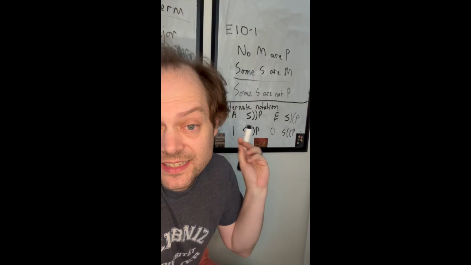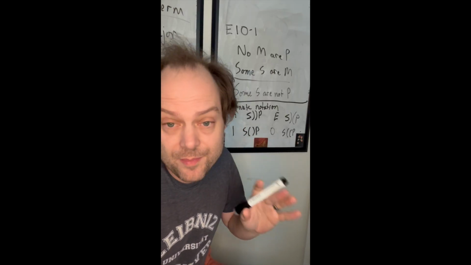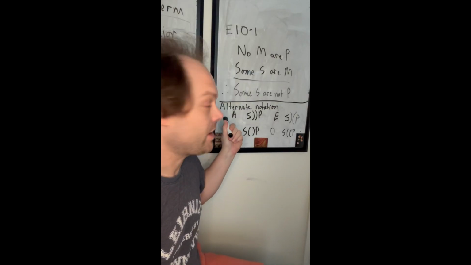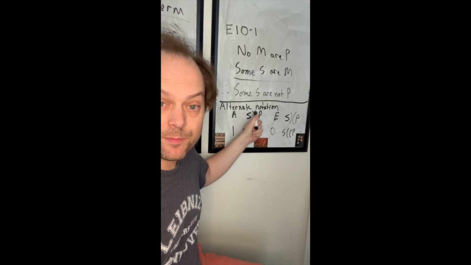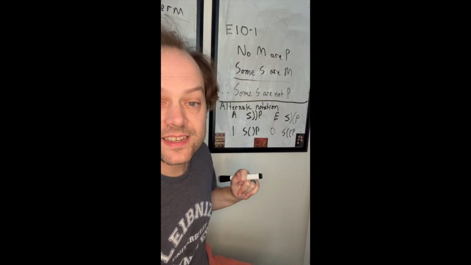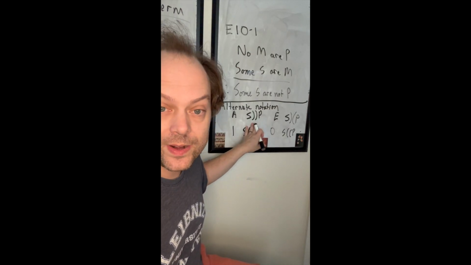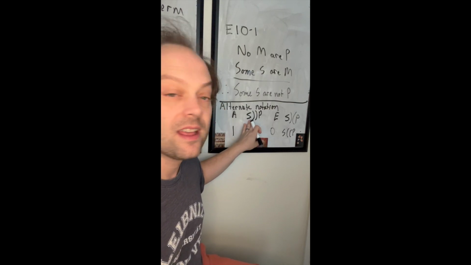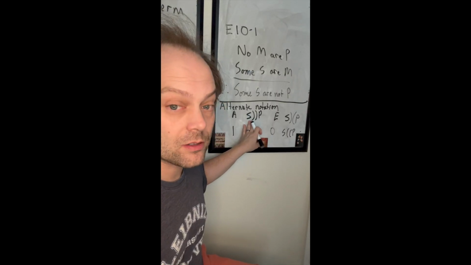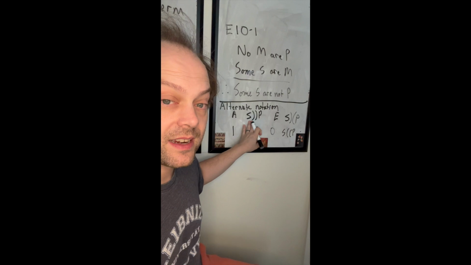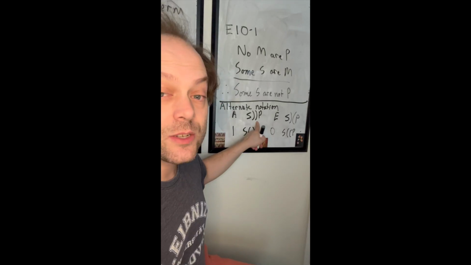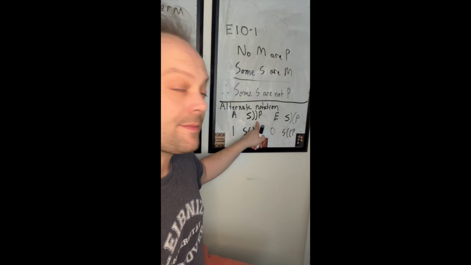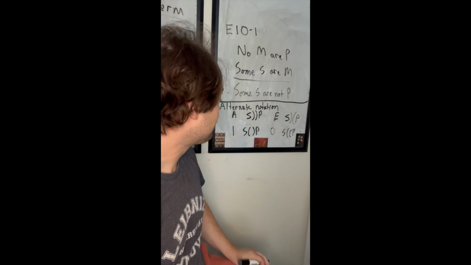Here's another notation. You probably don't need another notation, but it's useful shorthand, so let me introduce it. For an A statement, we say all S are P, and we put two parentheses between the S and P, between the subject and predicate. The first indicates whether this is a universal or particular statement. An A statement is universal, so it faces that way. The second indicates whether it's affirmative or negative. An A statement is affirmative, so it faces that way.